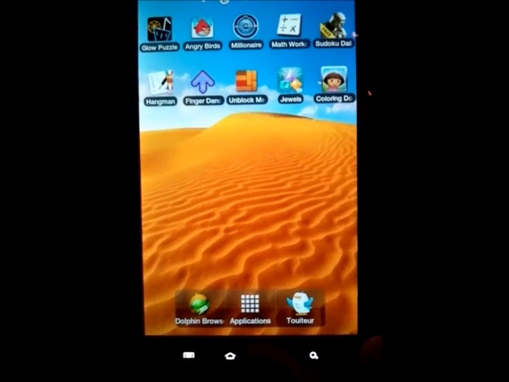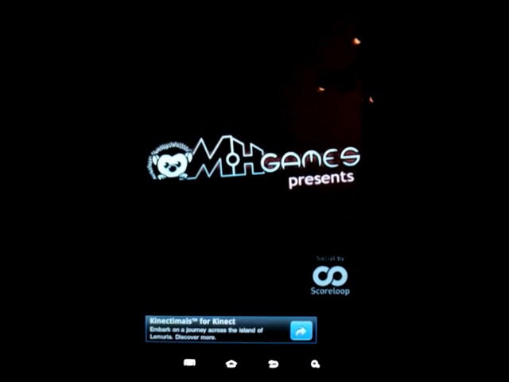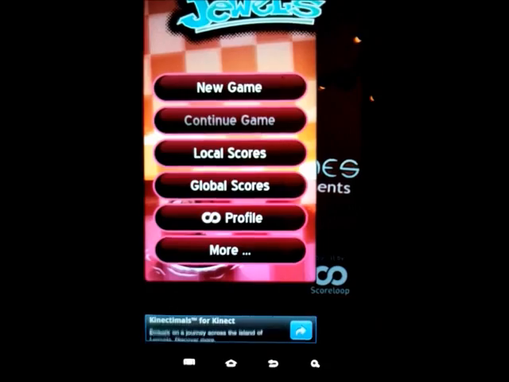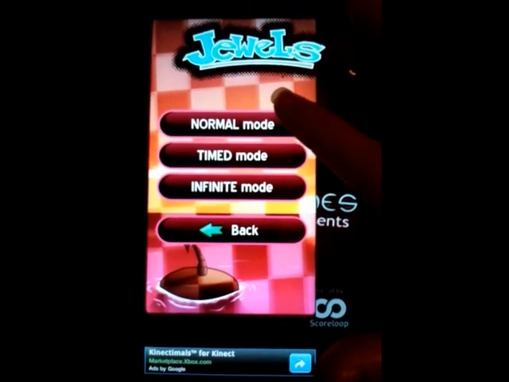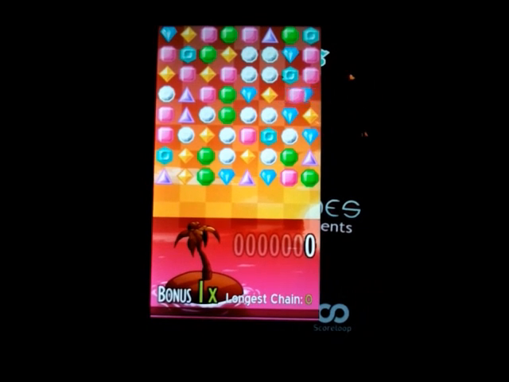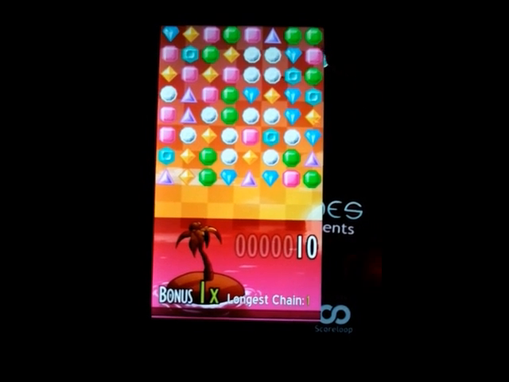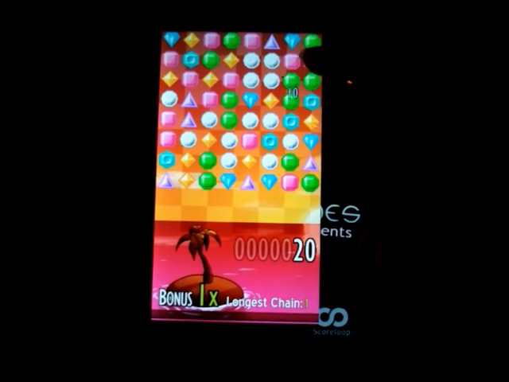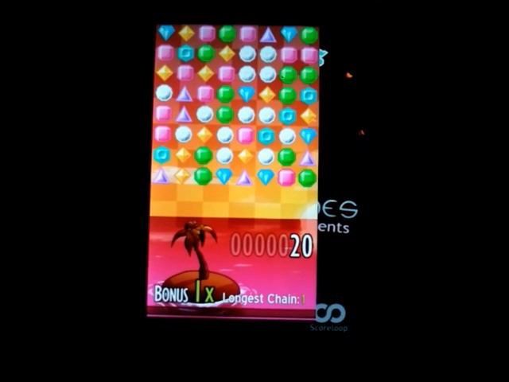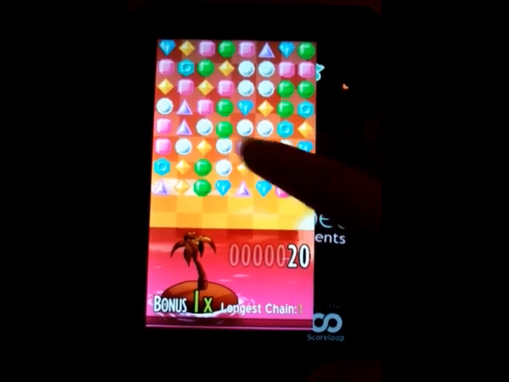Go back to the beginning. Jewels, so this is very similar to Bejeweled. Again, this was another free app. I've tried to keep all of these as free. I'll just go for normal mode. Nice bit of kind of Doctor Who music, and you just pick 2 jewels and switch them around, so that then you get 3 or more of a particular symbol in a row. The idea is to try and get as many as you can. So there I've got